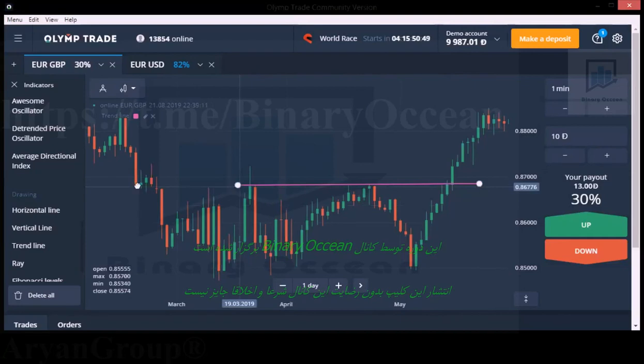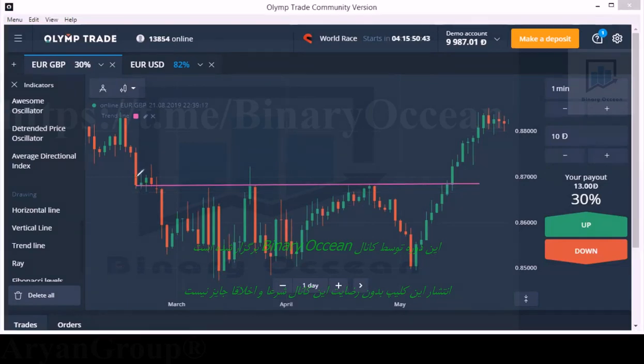Okay, here there is a support level. Okay, there is no touch. Here we are seeing a reversal point, and here also we are seeing a reversal point. We can enter into the market on the next candle here, but we are seeing a strong bullish momentum. It's better to avoid. If you want to enter, you can enter here. Above this candle will be your, above this level will be your stop loss point.